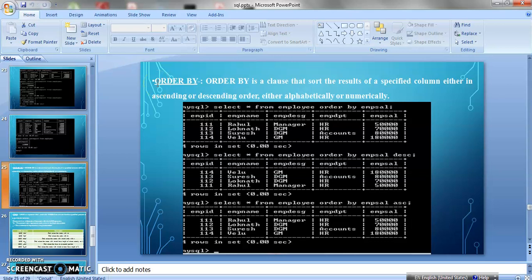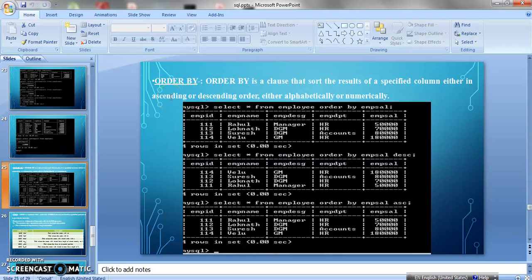So what does it do? Order by is a clause that sorts the result of a specified column either in ascending or descending order, either alphabetically or numerically. So basically we can say it rearranges the data in a particular order. The order can be ascending or descending.